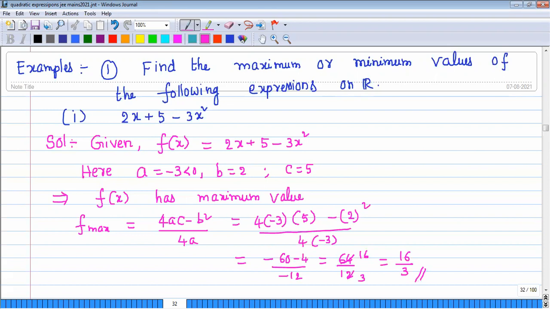Okay, I ask you one more question. At what value of x does it attain maximum value? No, x is equal to minus b by 2a. What is minus b? Minus 2, this is minus 6, 1 upon 3. At x is equal to 1 upon 3, the function attains maximum value that is equal to 16 by 3. If you ask only, write down. Otherwise, you leave this part.